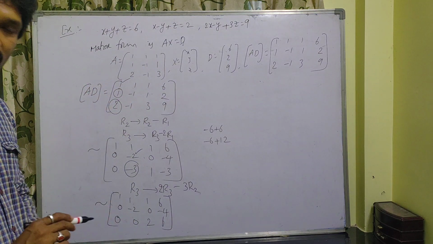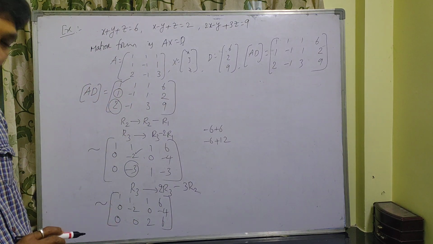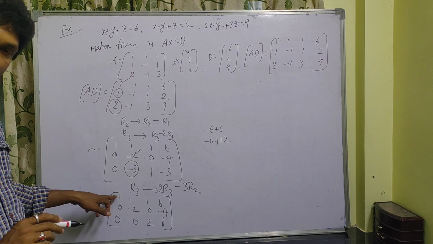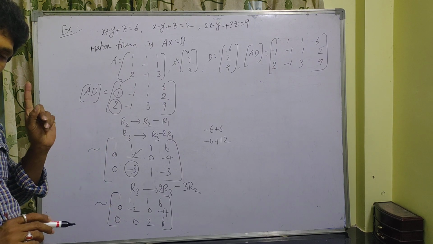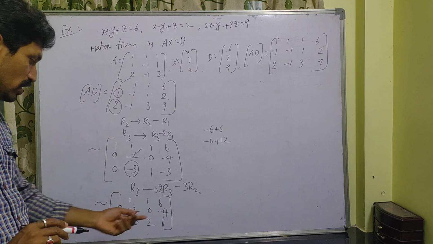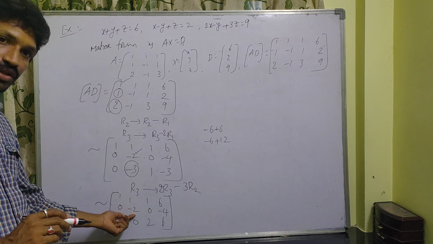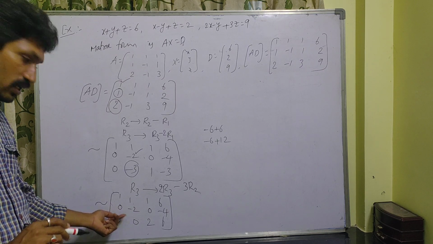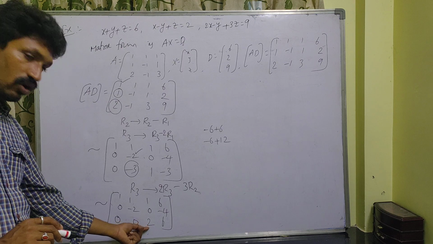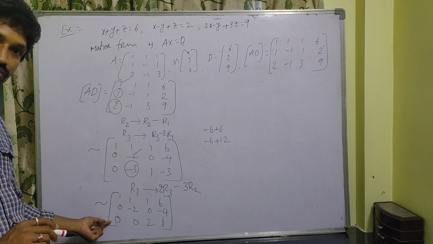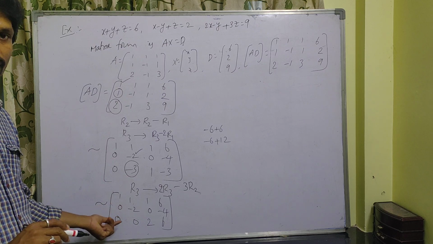Okay. Now you understand it is in the echelon form because in the first row, before the first non-zero number there are no zeros. So the number of zeros is equal to 0. In the second row, before the non-zero number we have only one zero. Here, third row, before the non-zero number we have two zeros. Here 0, here 1, here 2. So it is in echelon form.